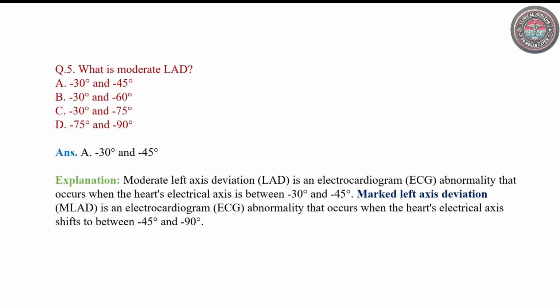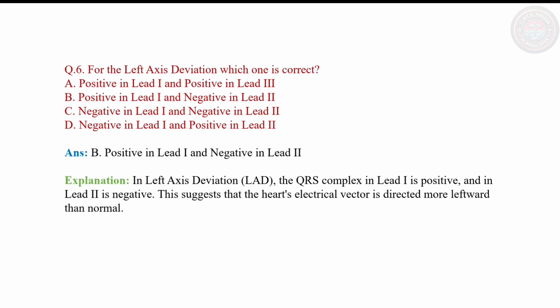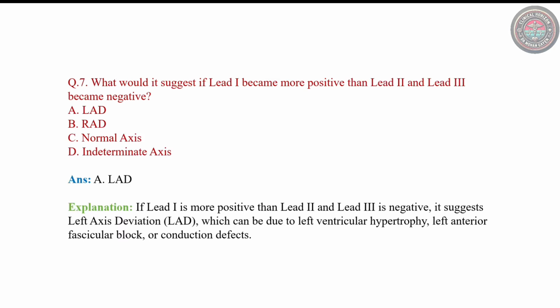For the left axis deviation, which one is correct? The correct answer is positive in lead 1 and negative in lead 2. In left axis deviation, the QRS complex in lead 1 is positive, and in lead 2 is negative. This suggests that the heart's electrical vector is directed more leftward than normal. Left axis deviation is commonly associated with conditions that cause left ventricular dominance, such as left ventricular hypertrophy, left anterior fascicular block,